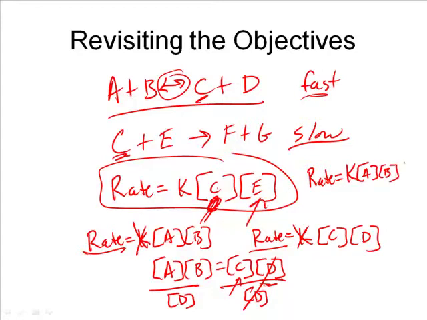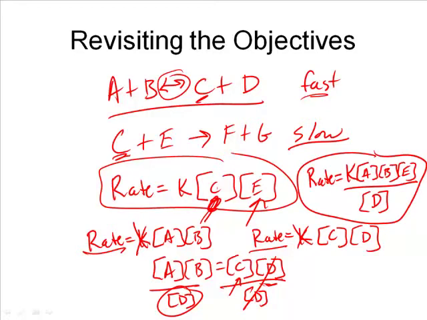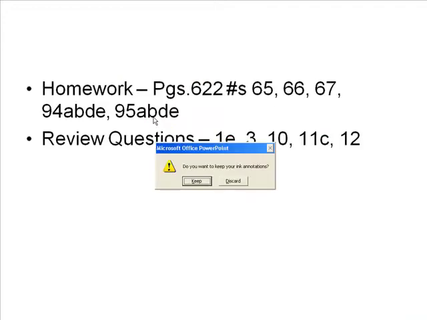times, here's our E, over, and remember we put the D on the bottom, the concentration of D. And that, as funny as it looks, is the correct rate law for that reaction. That D we had to move over to that side to get C by itself. Okay, so that's it for that